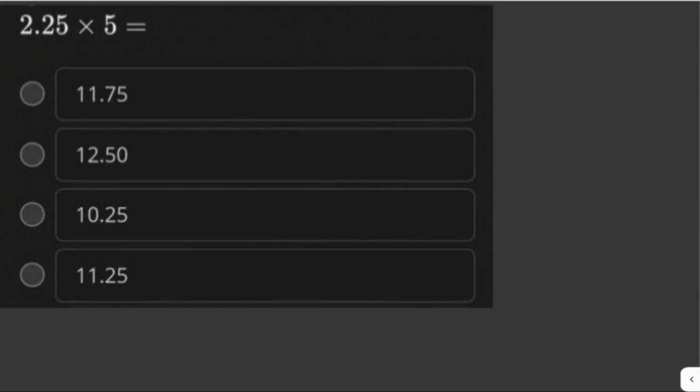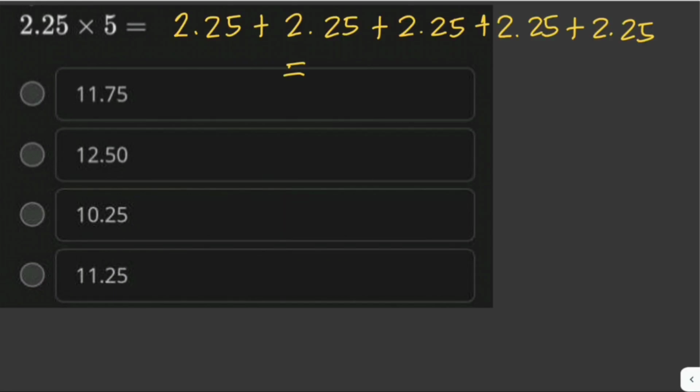Let's solve some problems here. 2.25 times 5 equals. So this problem, you can solve this by directly multiplying 2.25 by 5, or you just have to add 2.25 to itself 5 times. So we can write 2.25 times 5 as this one, and this is just equal to